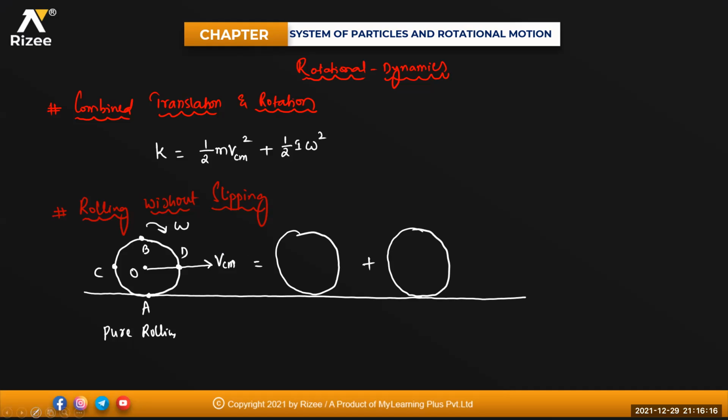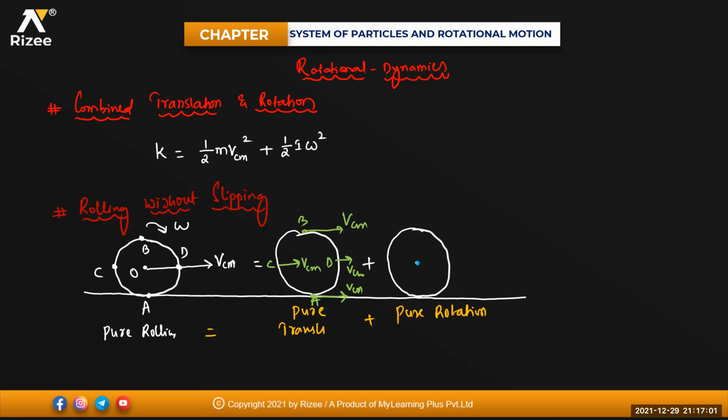Okay, in the pure translatory motion, see what is exactly happening. This is your pure translational motion, and this one is your pure rotation. A pure rotation plus pure translation will give you the pure rolling. In the pure translation, each and every particle will have the same velocity VCM in the front direction. Anywhere you take it, at point C, at point A, at point B, at point D, the velocity VCM is always in the front direction.